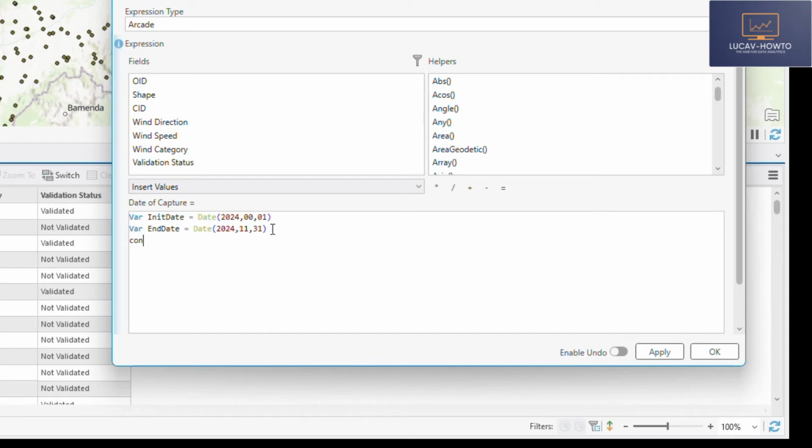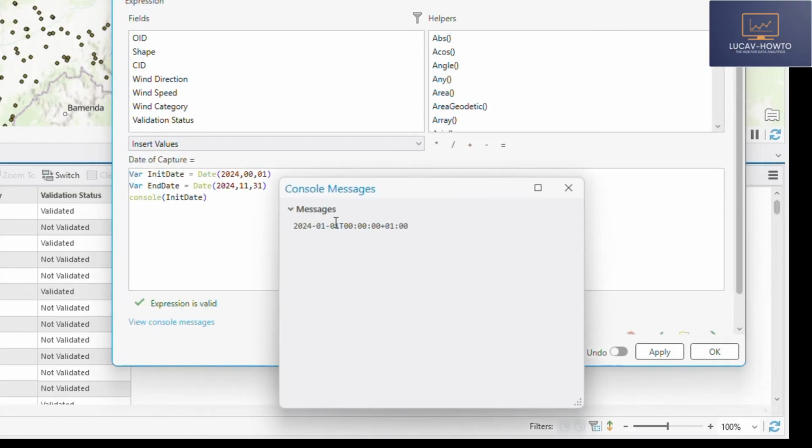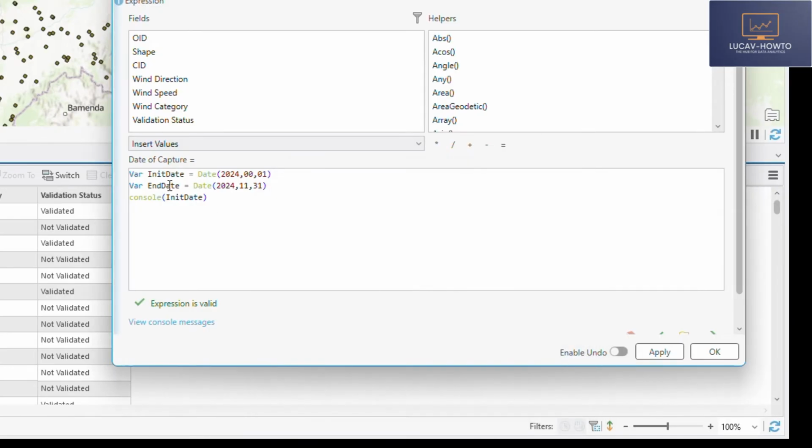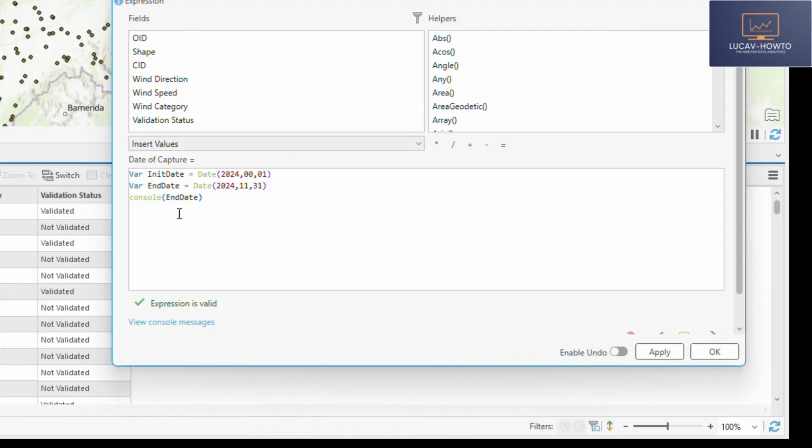Let's use console to check for what the init date is. So you can see January 1, 2024. Let's use console to check what the end date is, 31st December 2024. So we will still apply the random function,